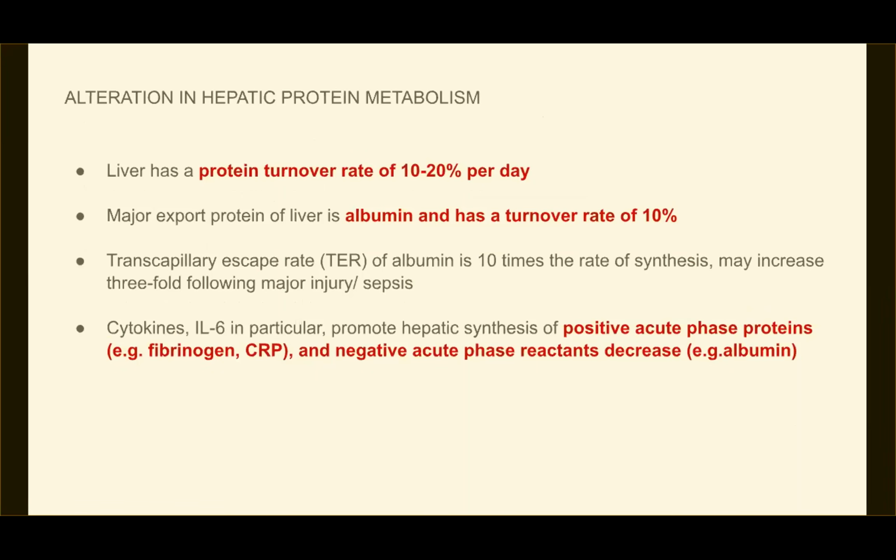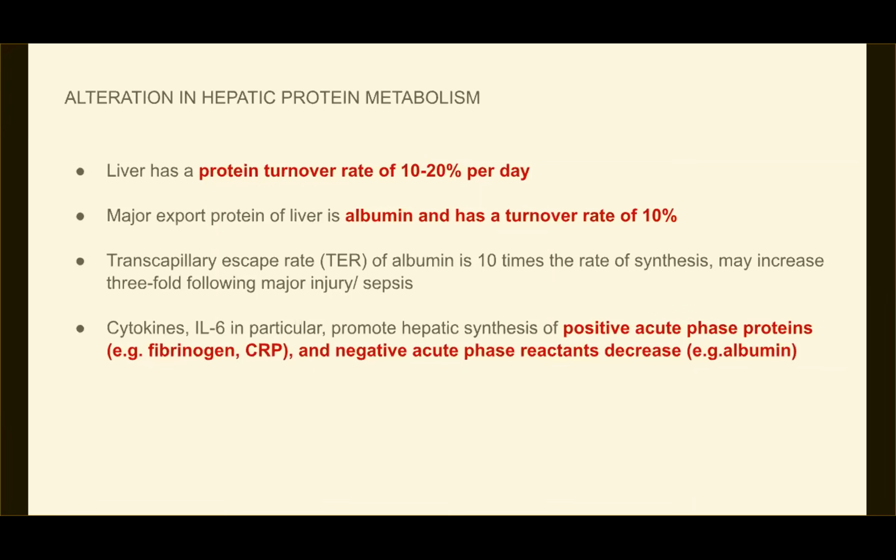So the liver has a protein turnover rate of 10 to 20% per day. There is a major export protein of the liver, which is albumin, which has a turnover rate of 10%. The transcapillary escape rate of albumin is 10 times the rate of its synthesis, and during sepsis or injury or major trauma, this may increase 3 times